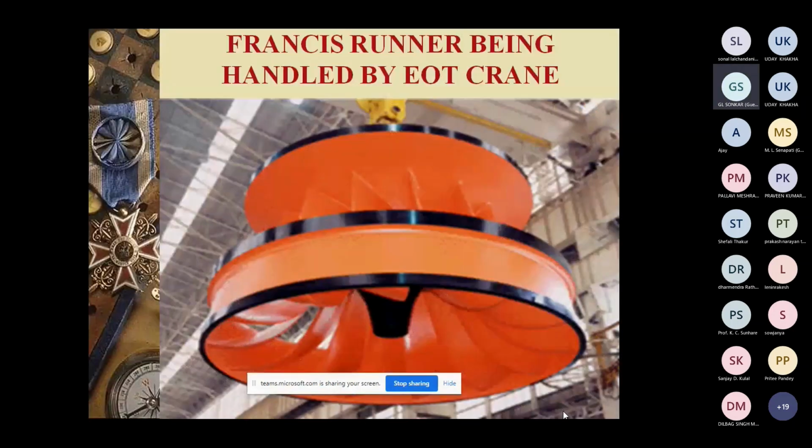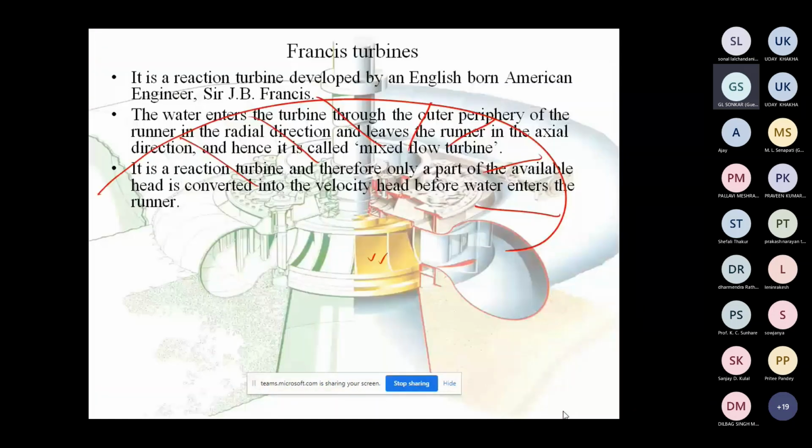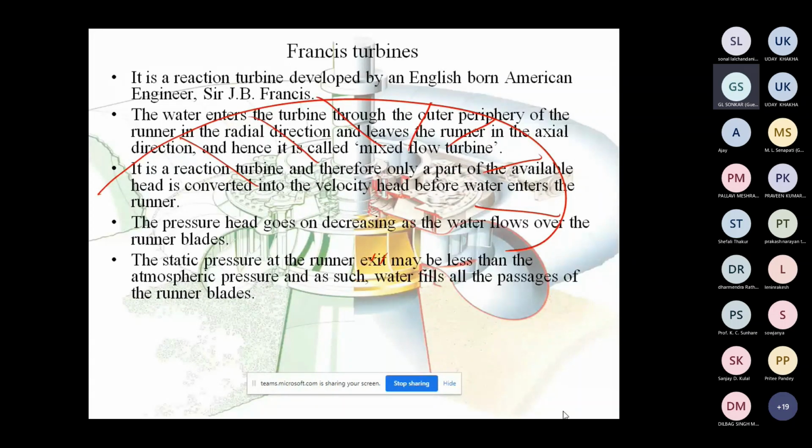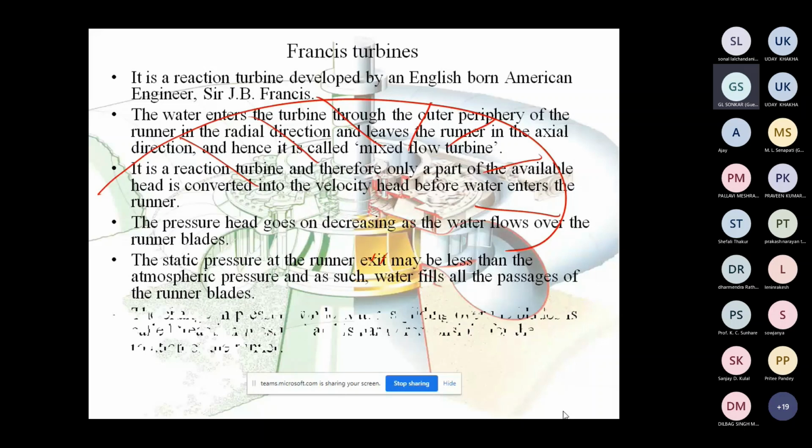Your Francis was there. And why is it called a reaction turbine? Because pressure and velocity both are exploited for the generation of electricity. One is created by the reaction of the other. That's why it is called the reaction turbine. And they're using it from 45 to 400 meters, now 600 meters also we are using Francis turbine.